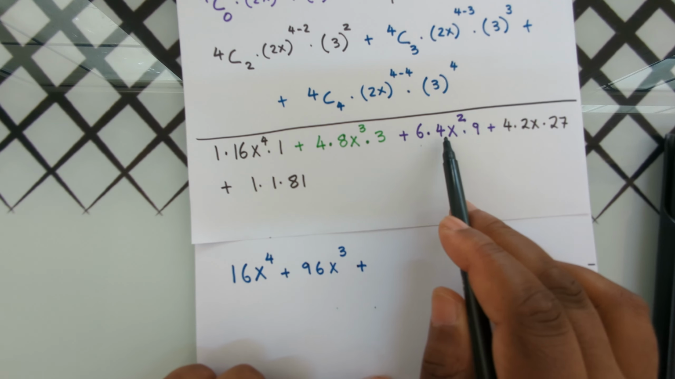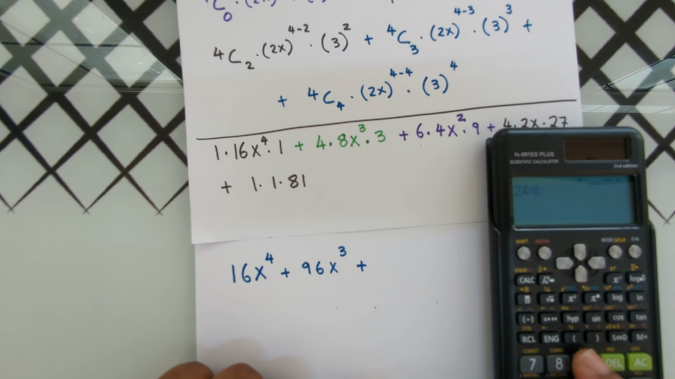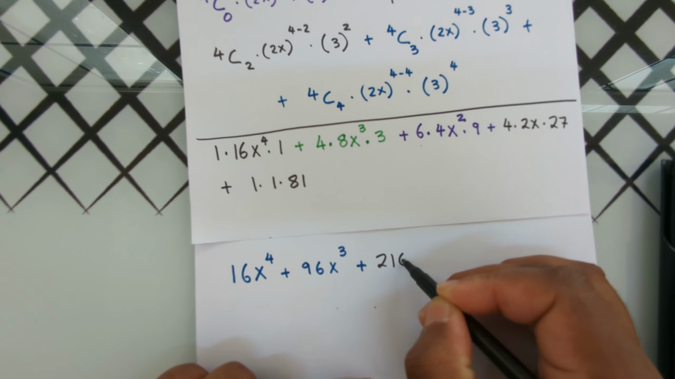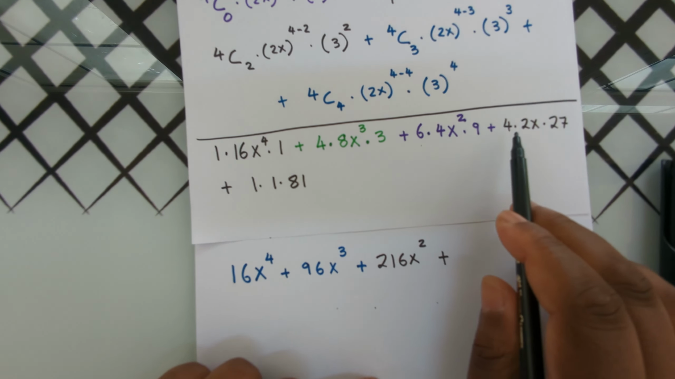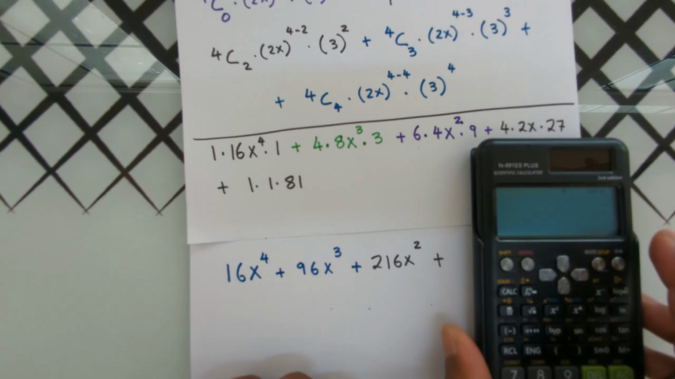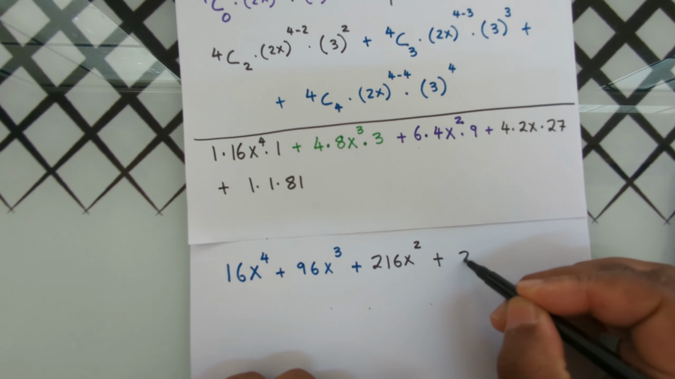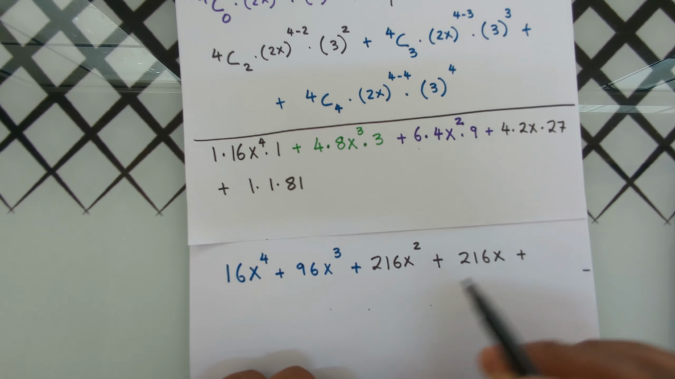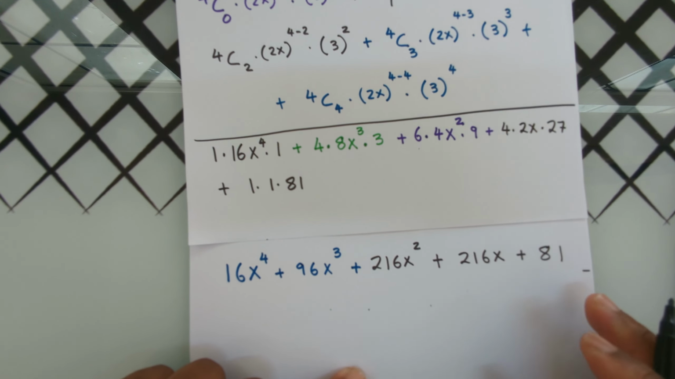6 multiplied by 4 multiplied by 9. 6 multiplied by 4, that's 24, multiplied by 9, that's 216. So plus 216x to the power of 2 plus 4 multiplied by 2, that's 8. 8 multiplied by 27. So 8 multiplied by 27, that's again 216x. And lastly, we have 1 multiplied by 1 multiplied by 81, which is just 81,